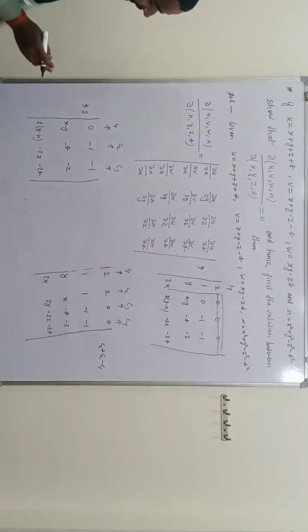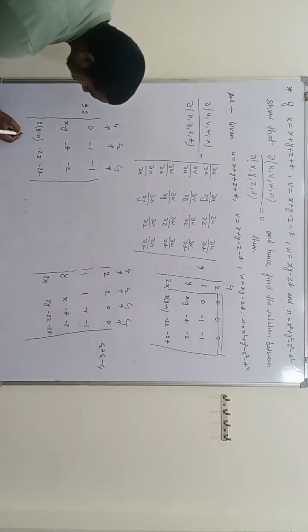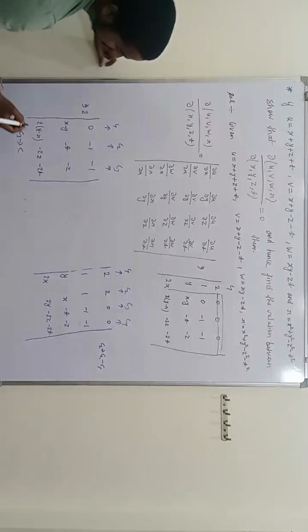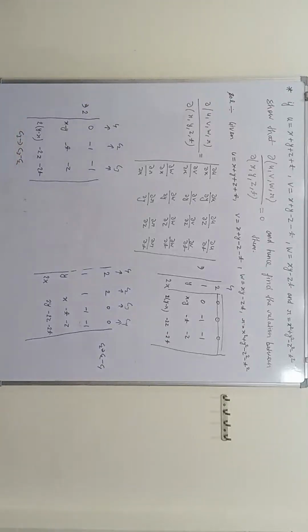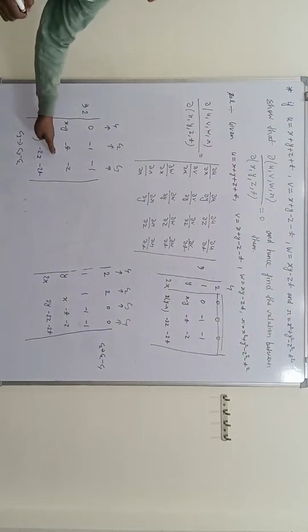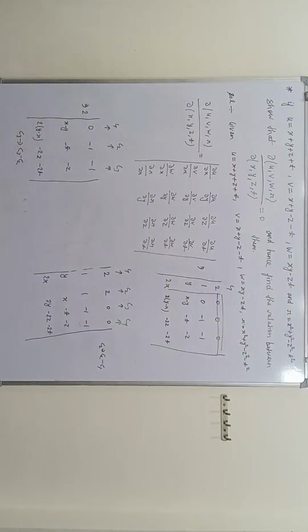We have to take operation here, that is C3 replacing C3 minus C2. We have to take operation, that is C3 minus C2. Then the determinant becomes